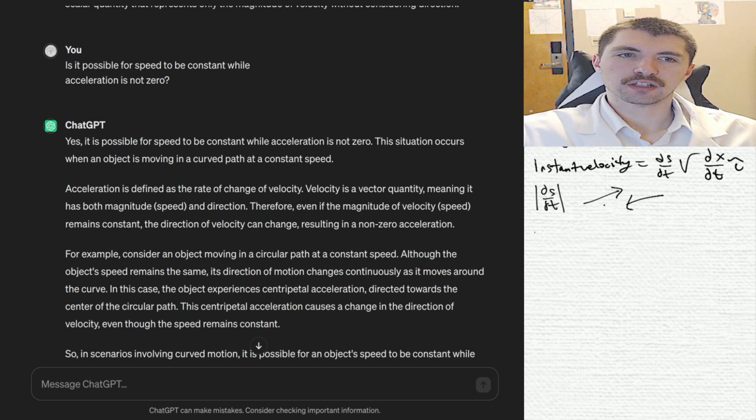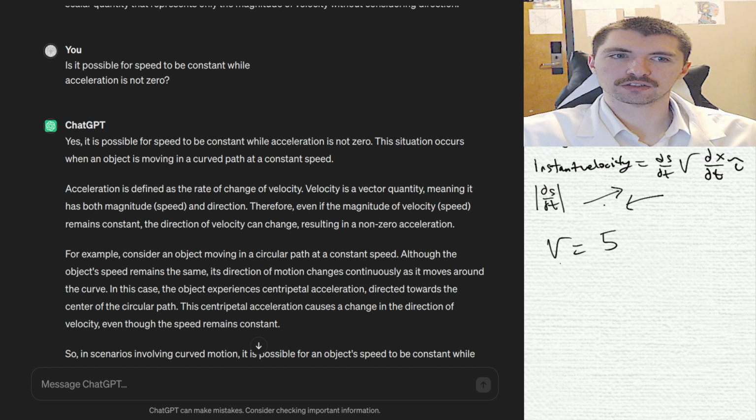So what is this saying? It's saying v might be a constant like 5. So what's the acceleration of this? We do